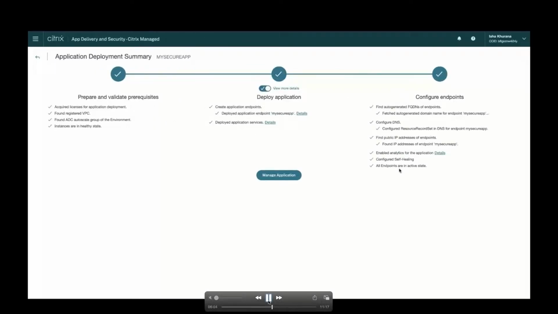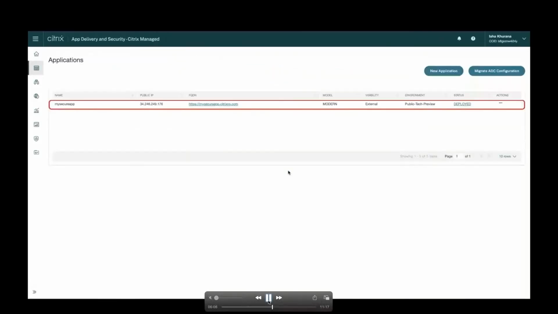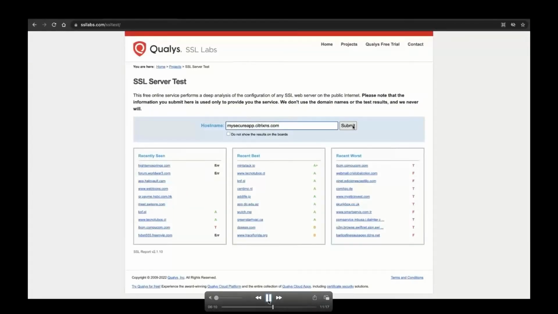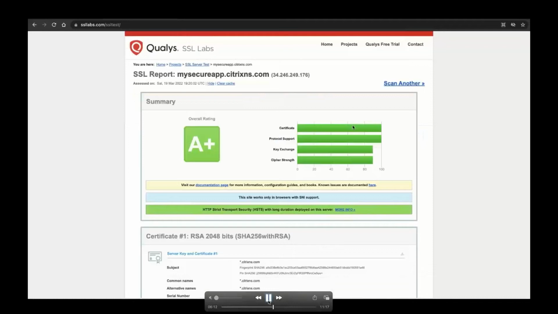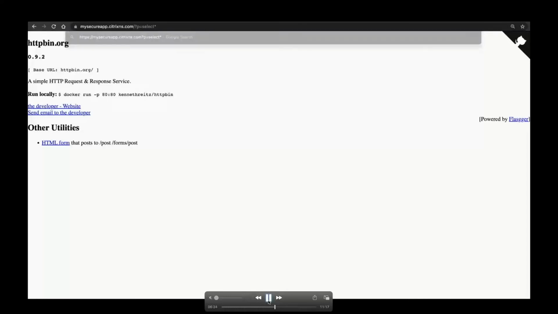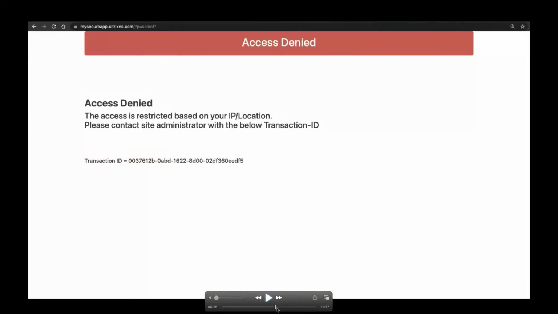After your application is deployed, let's try accessing it through the FQDN. So my application is running fine. Let's check for the A+ rating. Qualys has given an A+ rating to my application, and all the right SSL policies are defined, ciphers, etc. All the configurations have been pushed into the ADC. Now let's check the